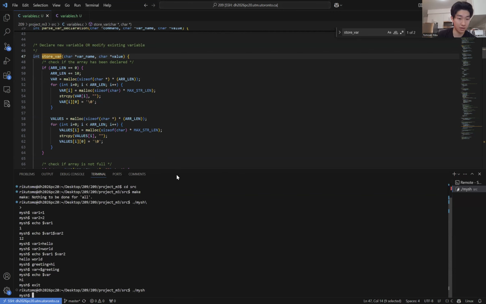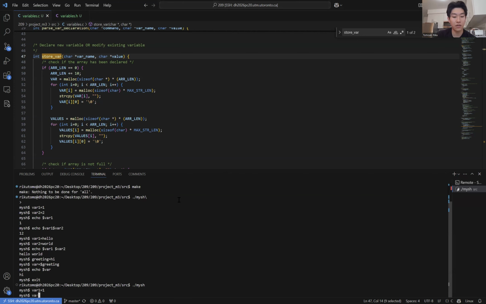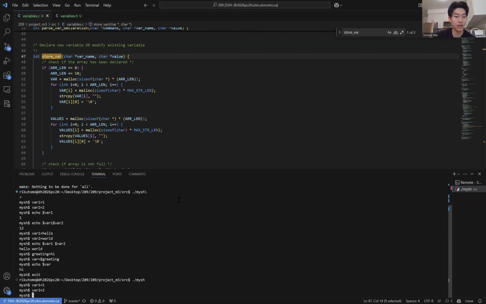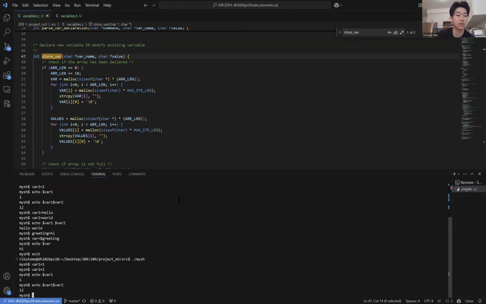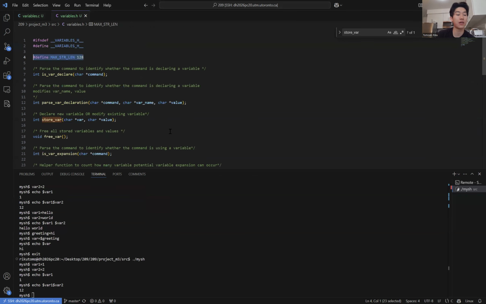If you could please take a look at the terminal, I will define a variable named variable one as one, variable two as two. And this allows to do something like the following: echo variable one, which returns one, and we could even expand two variables at once, which would return one and two. Such variable definition is handled by a function called store var, but before that, we need to take a look